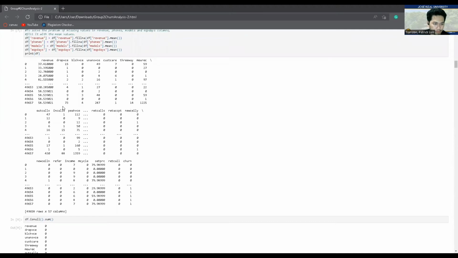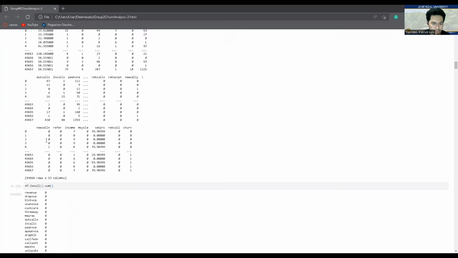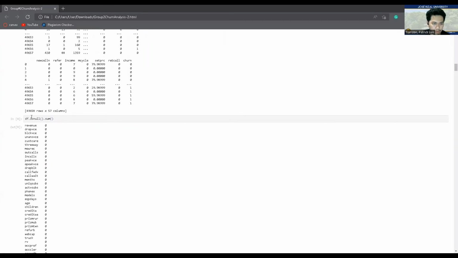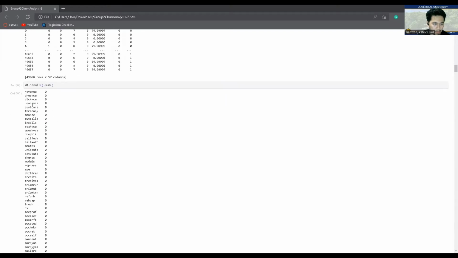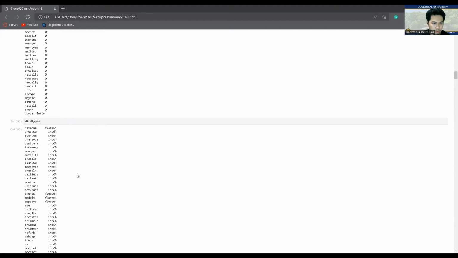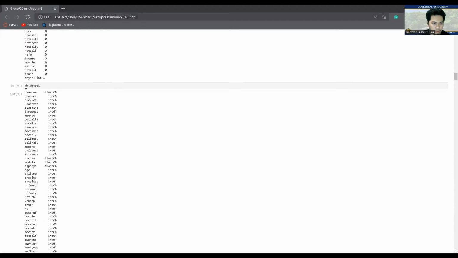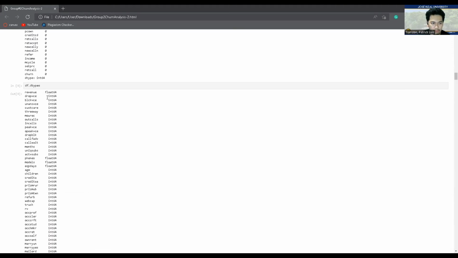As you can see here, it already applied the missing values. So check again if there is a null value. And this shows the data type of each attribute, and most of them are integers and some of them are float.